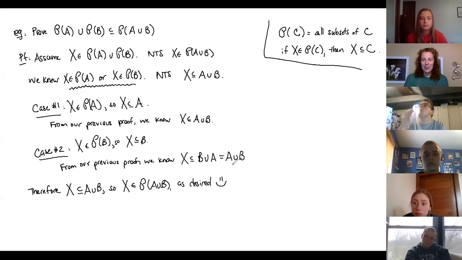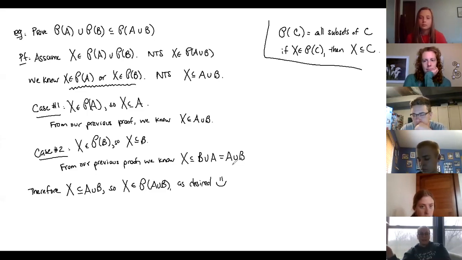Questions on this one? Anything that you're not sure of? Why cases came up? Subset versus lives in? Anything here? Lauren, yeah. Okay, the only thing I'm a little bit confused on is the therefore statements. Is it always like the second part, that it's a subset of and then an element that lives in, or